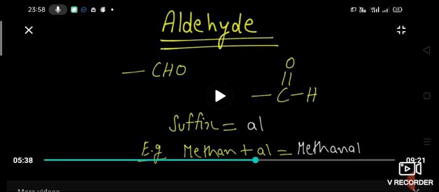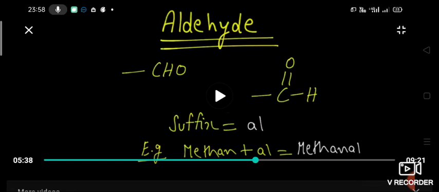When you see CHO, it is present as C double bond O, H. In the CHO group, one hydrogen is with the carbon, and the oxygen is also attached to the carbon. You know that the valency of oxygen is 2, so between carbon and oxygen there is a double bond in the aldehyde group. Commonly we say CHO is the functional group of aldehyde, but it can be written as C double bond O, H. Which suffix do we have to add? We have to add the letter AL. So if an aldehyde is present, we add AL.